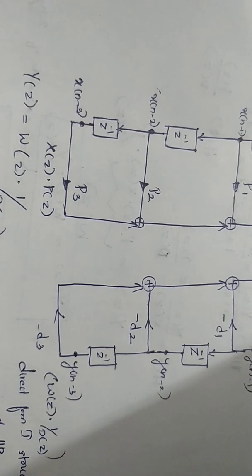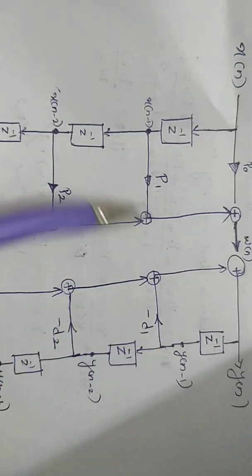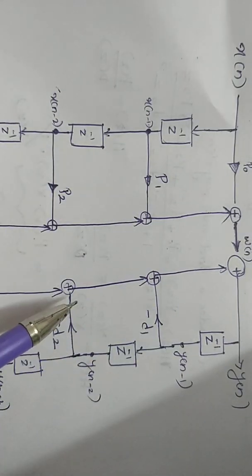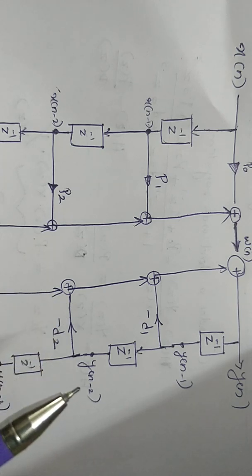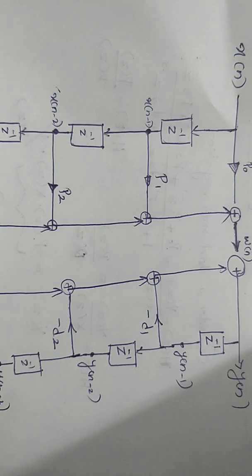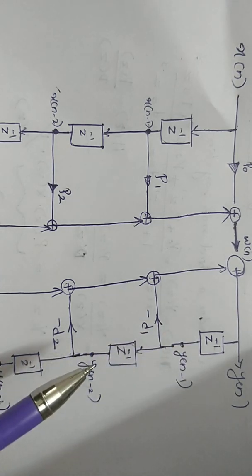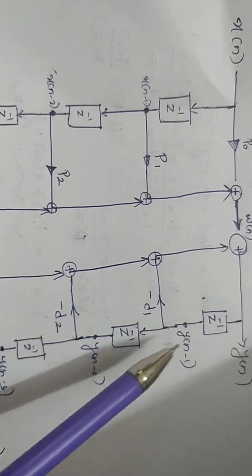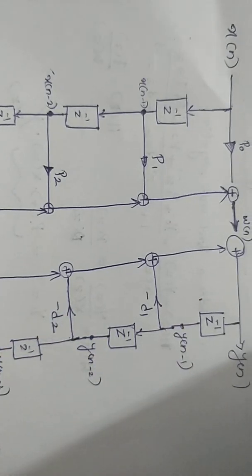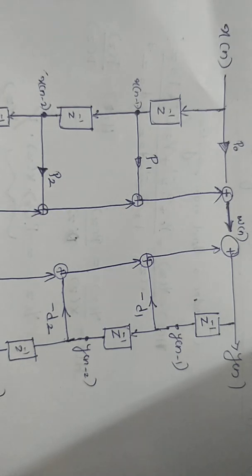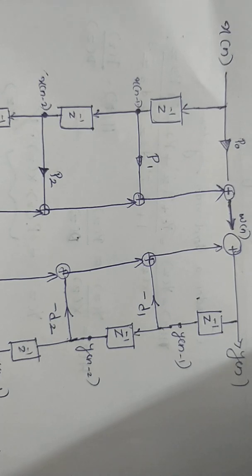Now we need to draw the direct form 2 structure. Here you can see that the delay terms are common. We can reduce the computational complexity or the memory elements by reducing the number of delay terms. So I am redrawing this figure into another structure, that is, we are interchanging these two subsystems or these two branches in order to get the direct form 2 structure. So how I am going to interchange is that I am drawing the delay terms in a common form.